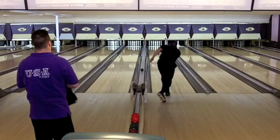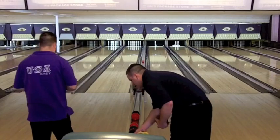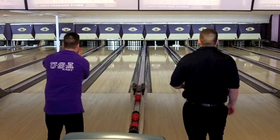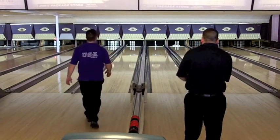And Aaron Spiller is looking for a triple strike. And he hits solid in the 1. That's probably the best of the 3 shots, and it's the one that didn't carry. He leaves the 5-pin. But that gives him 9 and 128. So he's leading 128 to 127 through 9. And then of course they both have strikes up in the...